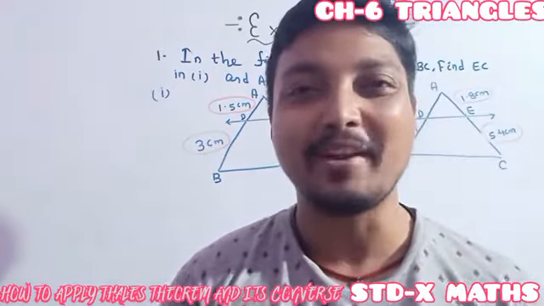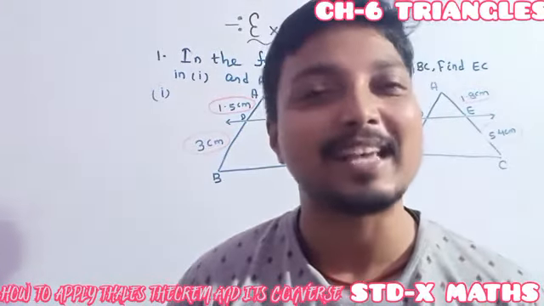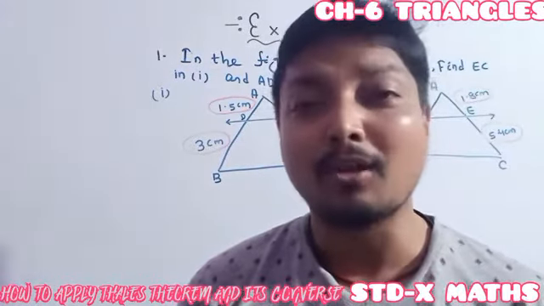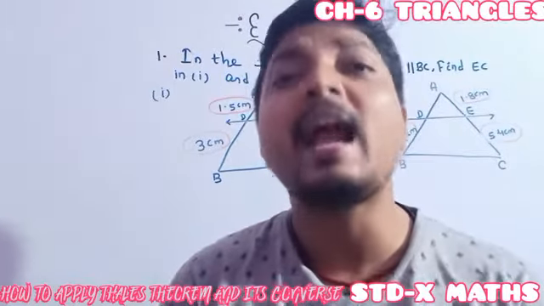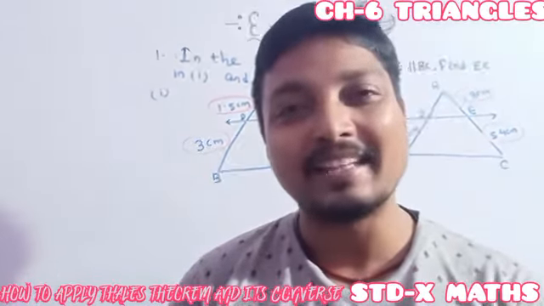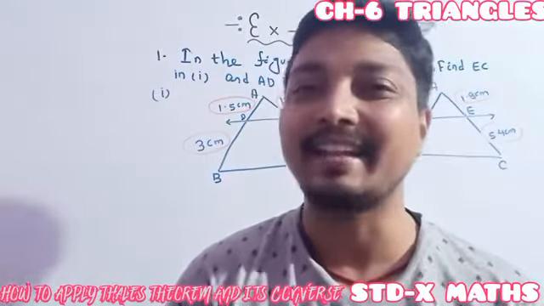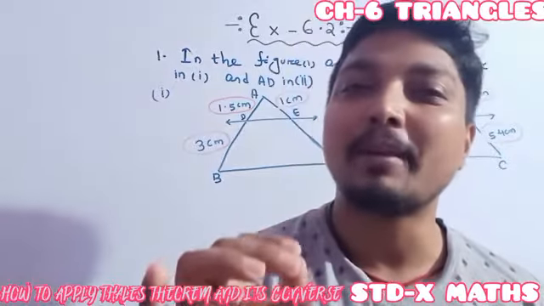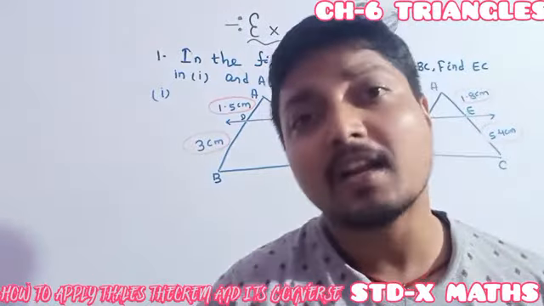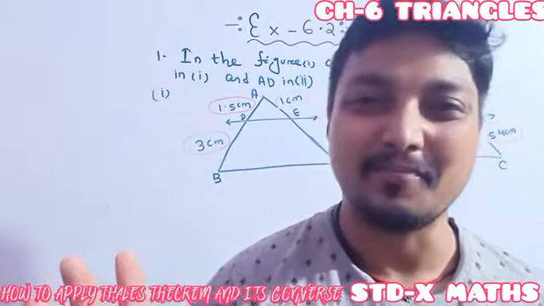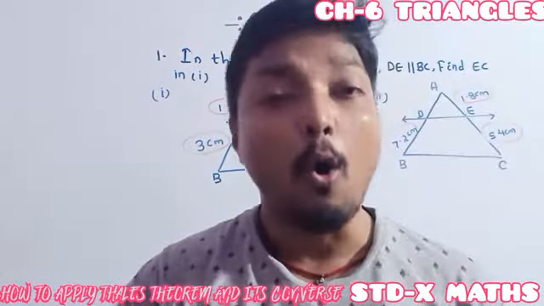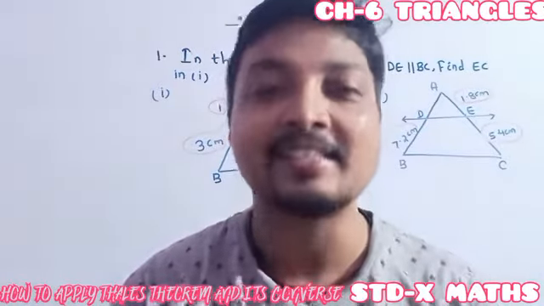So today, in the fresh morning, we will discuss a few questions of our Exercise 6.2. Actually, in Exercise 6.2 all the questions are on Thales theorem and the converse of Thales theorem, otherwise known as the basic proportionality theorem and its converse. You just have to remember what Thales theorem means and what the converse of Thales theorem means. Understood or not understood? Only by using these two theorems, we can easily solve all the questions of this exercise.